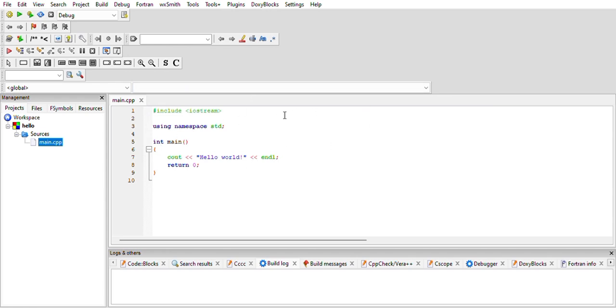It will give you a page containing the basic structure of a C++ language. So this is the hashtag include iostream. We spoke about this last week. This is the using namespace std. We spoke about this structure last week. I hope you remember. So today we are dealing with this integer